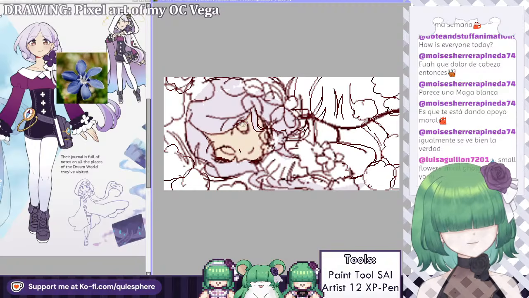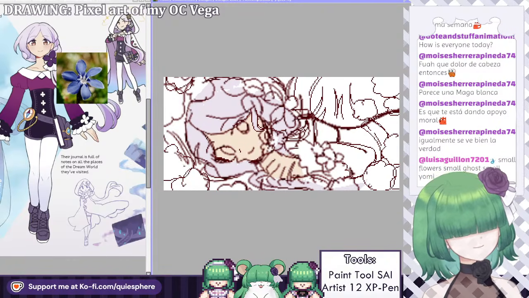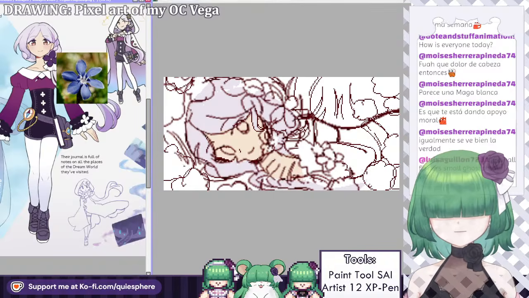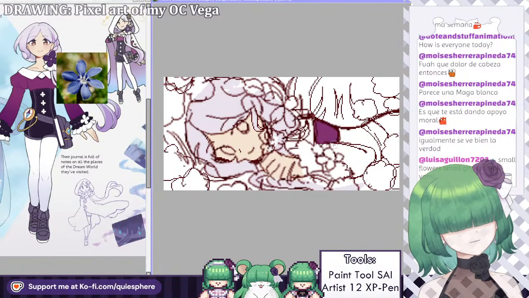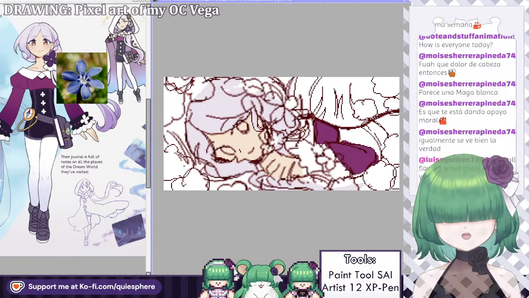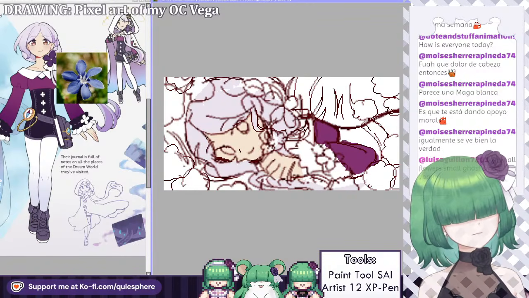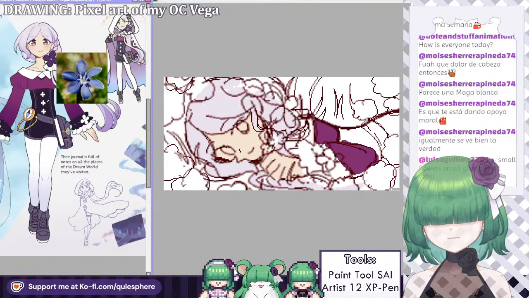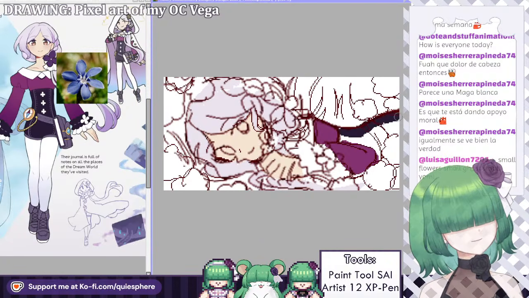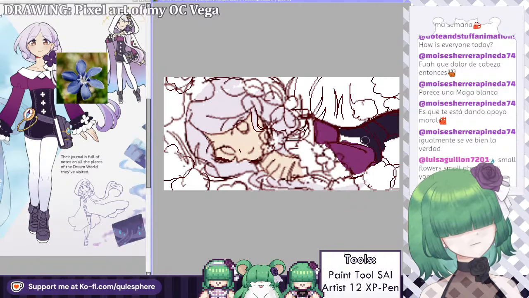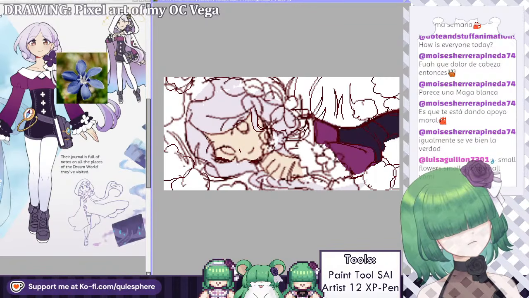I just want to manage to figure out the composition and all that, because this was a very quick sketch. I just put the idea on paper and didn't do much more. So we'll see how it looks with the colors and see what we can change with it. Here we go.